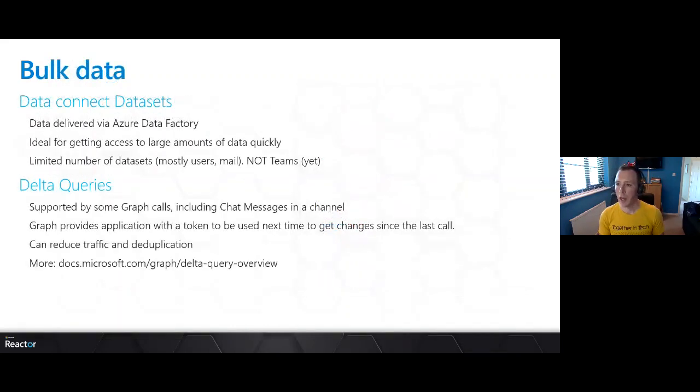It's worth mentioning that some of the workloads inside Microsoft Graph support what's called bulk data. This is a different way of getting the data. If your goal is to just get all of the available data out of Graph about a particular person or a particular event, whatever it is, then go have a look at bulk data, because that's what it's designed for. It will deliver the data directly to Azure Data Factory for you without you having to do anything. So it's a good way of getting a large amount of data quickly.